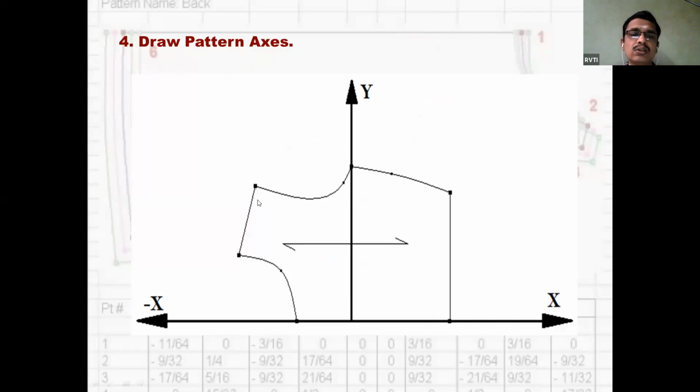I just know the variable quantity. Then I just put cardinal points also. The next step, you have to draw the axis on the pattern. You prepared an S size pattern. Then we are going to prepare the M size pattern. First you have to draw the axis. Normally the length measurement you take as X and the width, waist measurement, you take as Y axis. You have to draw the axis on the pattern.